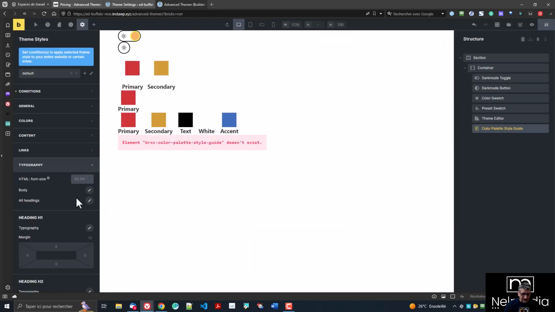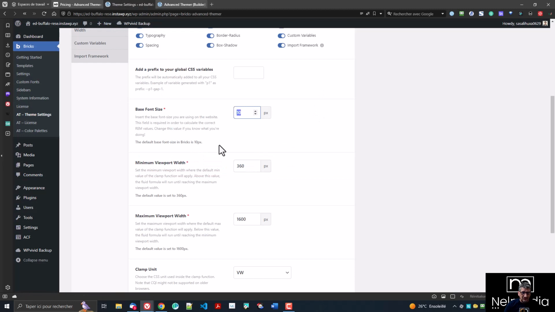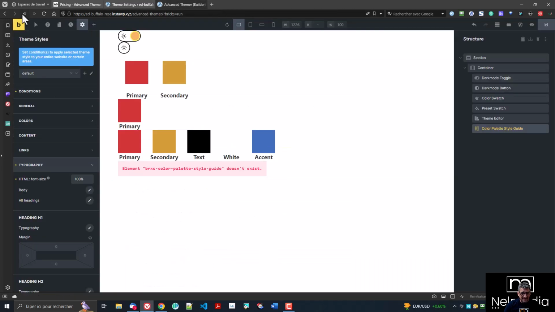But if you want to switch that to 100%, you see why it's so big here, then you will probably want to change that here to be 16 pixels so that it knows what the base value is. So it will be using the correct value to calculate the rem values and all the other values that it uses everywhere. So if I save that at 16 pixels and refresh here,